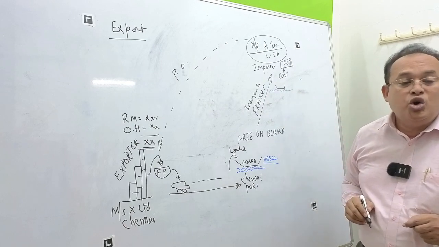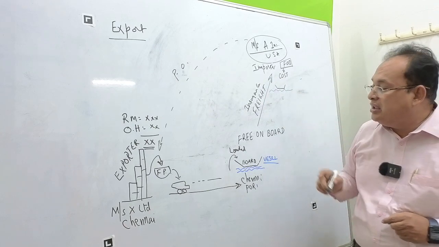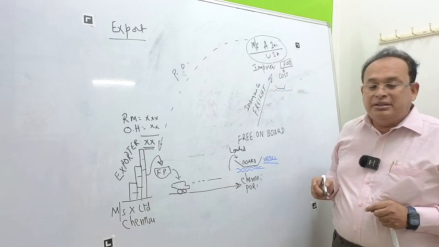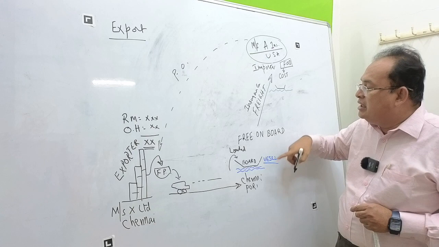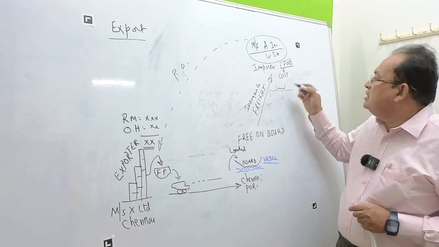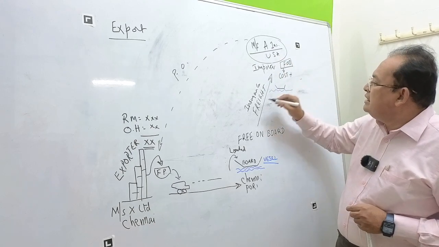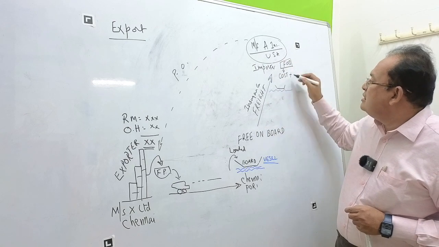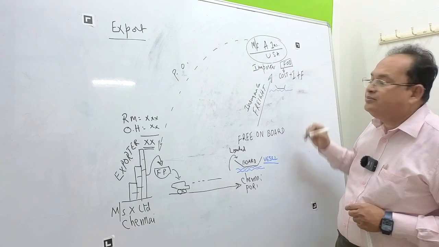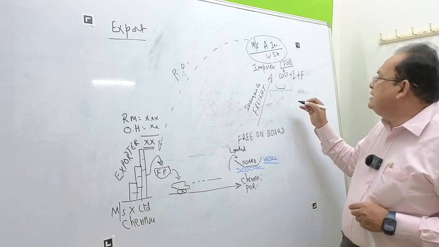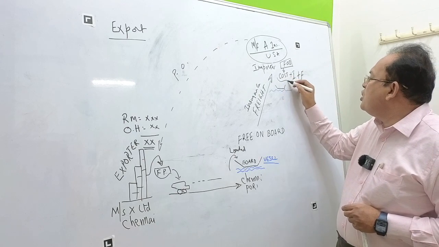Who incurred this expenditure? The importer incurred. Therefore, the importer has to pay cost for the goods. Therefore, it will become cost plus insurance, transit insurance, plus freight. Together we call this